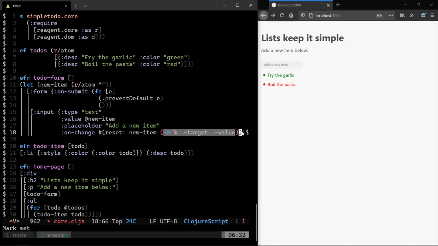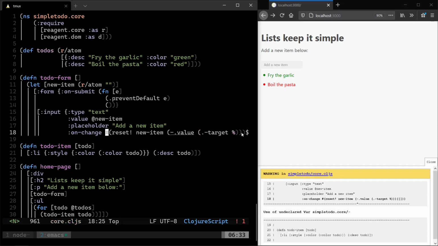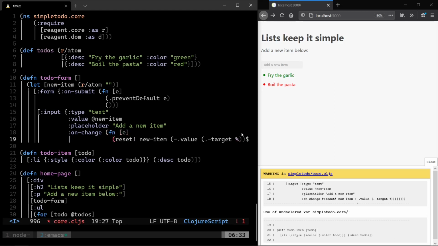So what this is, is a threading function, threading macro. So what this basically does is it's going to call something similar to this. I'm going to write the expanded version right now. So it's going to get the value attribute of the target attribute of the event, of the data which is passed. So instead of writing this as a short form, I'm going to expand this as well so that it's clearer to understand. We are going to write an anonymous function fn of e, and instead of the percentage, it's going to take the event. So this is simple JavaScript,